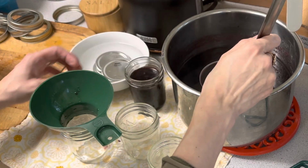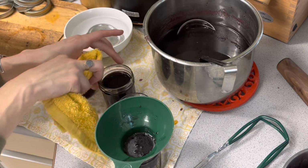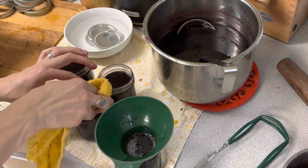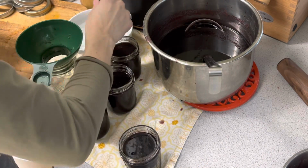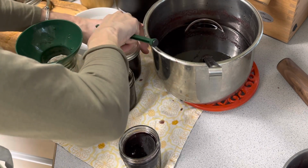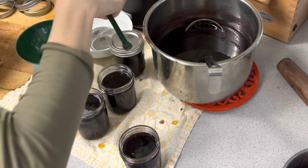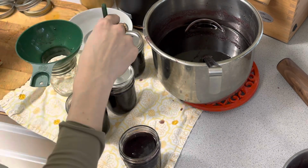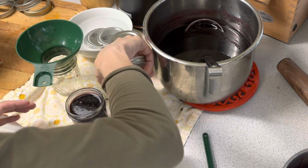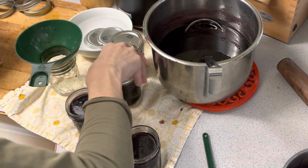The next thing you're going to want to do is the same process. You use a little bit of vinegar on a clean cloth, you wipe the rims, you put the lids on, and then you tighten down the jar lid rings finger tight. These are going to go into a water bath on the stove with 2 inches of water covering the tops of the jar, and they're going to water bath from anywhere from